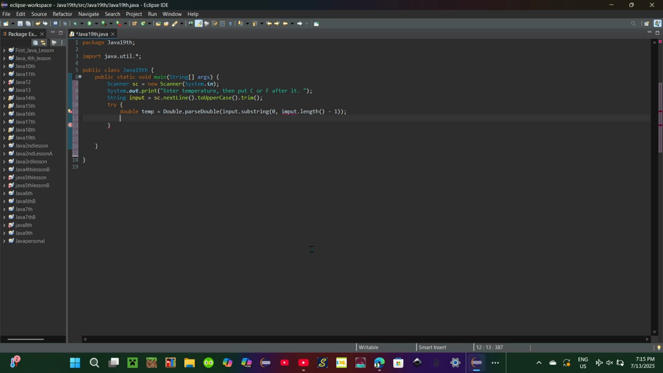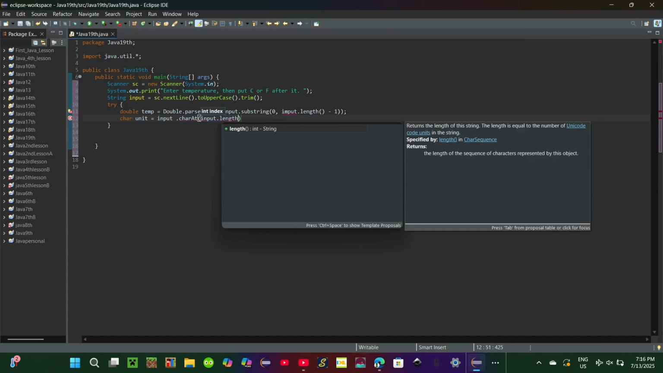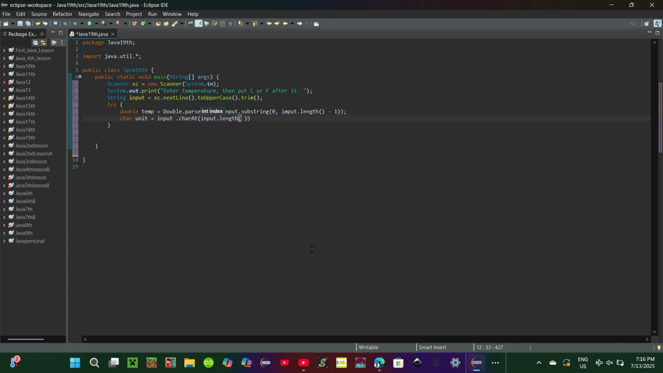And then next part, we'll do char unit. Sorry, I misspelled. Char unit equals input.charAt(input.length() -1), and then put this here. Okay, now here we'll do